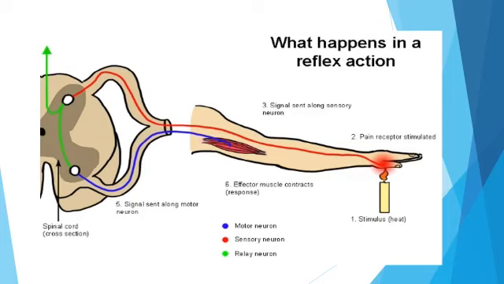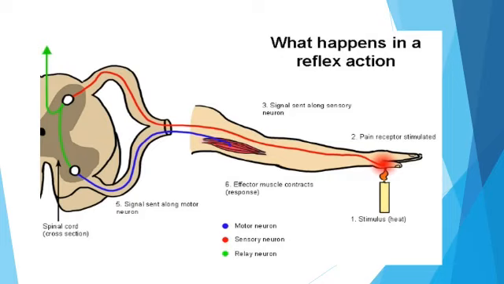This message is processed and the response is generated in the spinal cord itself. Then this response travels down through a motor nerve to the muscles of the arm. The muscles of the arm receive the response and his arm muscles contract, lifting the person's finger away from the